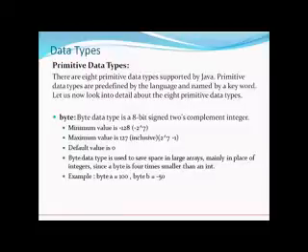We can declare a byte data type like any other data type. First we write the data type, then we write the variable, then with the equal to sign there is the value associated with it, whatever value we want to initialize the variable with. As you can see, byte A is equal to 100 or byte B is equal to -50, it can hold both positive and negative values.